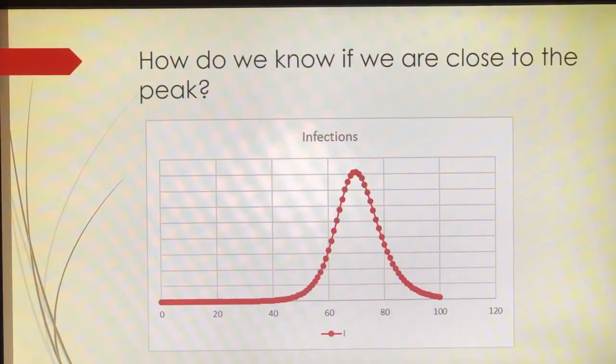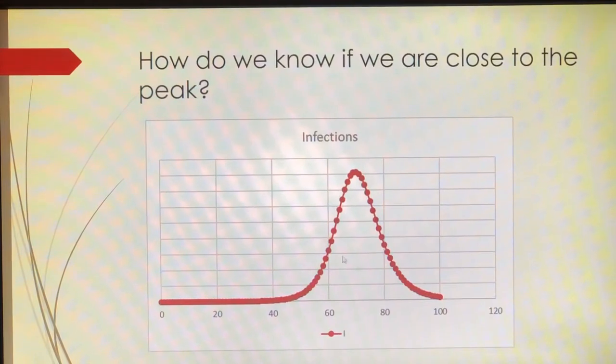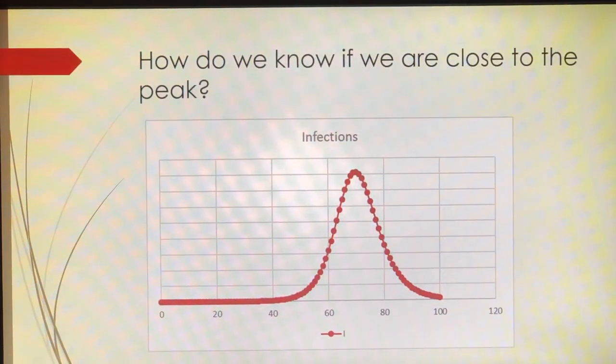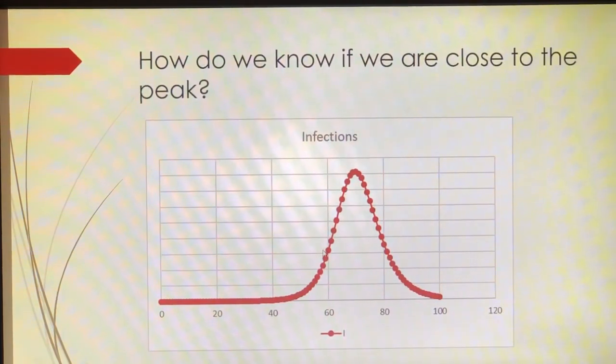So how do we know if we're close to the peak? What I did here is I just focused in on the one curve that we had earlier. And again, this is sort of the typical picture that you have for an SIR style model of infectious disease. So it kind of starts out slow, it accelerates, we get some really big increases, and then we hit this point where we almost have close to a linear fit on this curve right here,